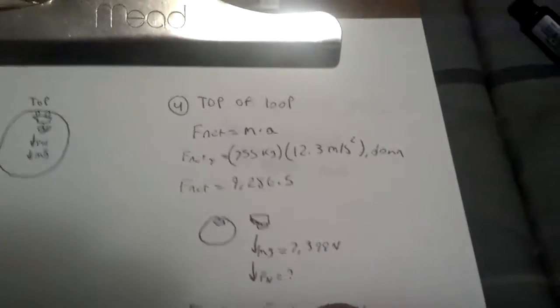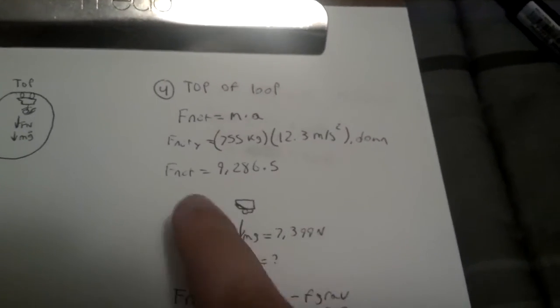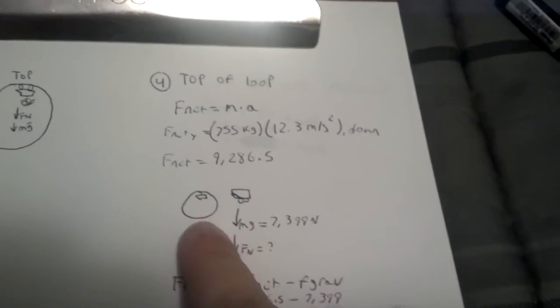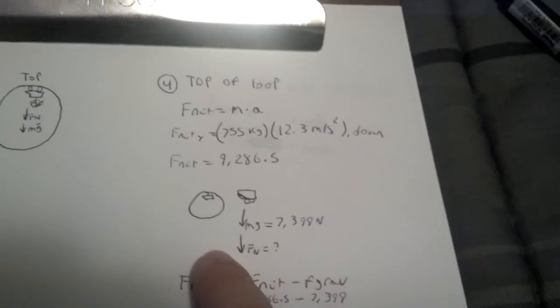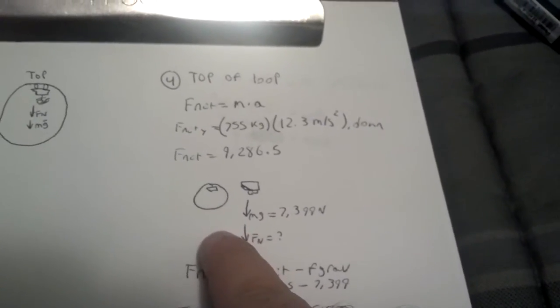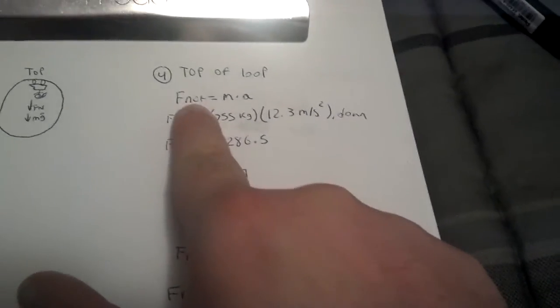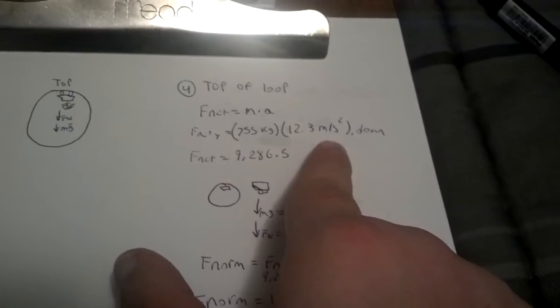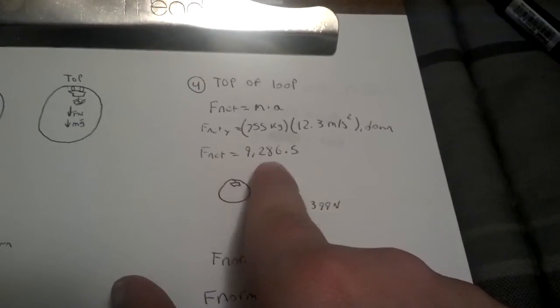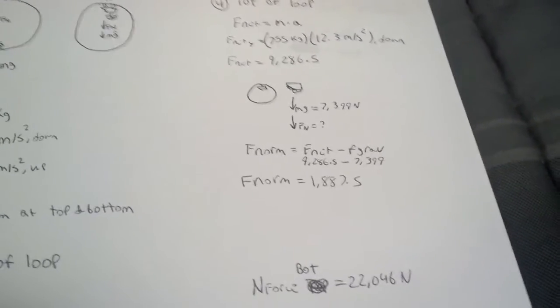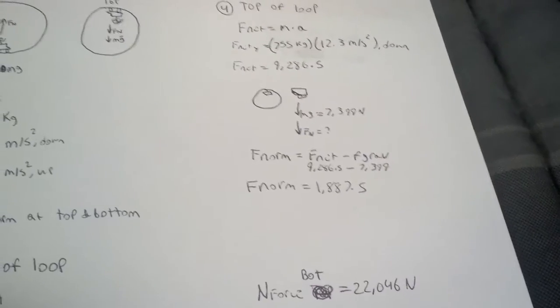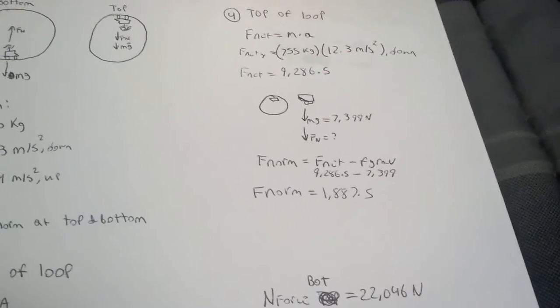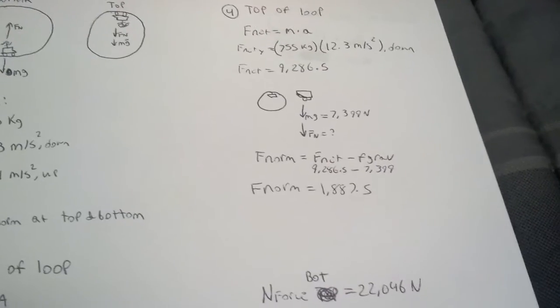And then we move to step 4 and set it up for the top of the loop. And I just took the cart out for this one so it'd be a little bit easier. We have both forces going in the downward direction. So we have F net equals mass times acceleration, which was 755 times 12.3, and F net equals 9,286. And for this one, the normal force and the force of gravity have to combine to supply the required inwards net force of